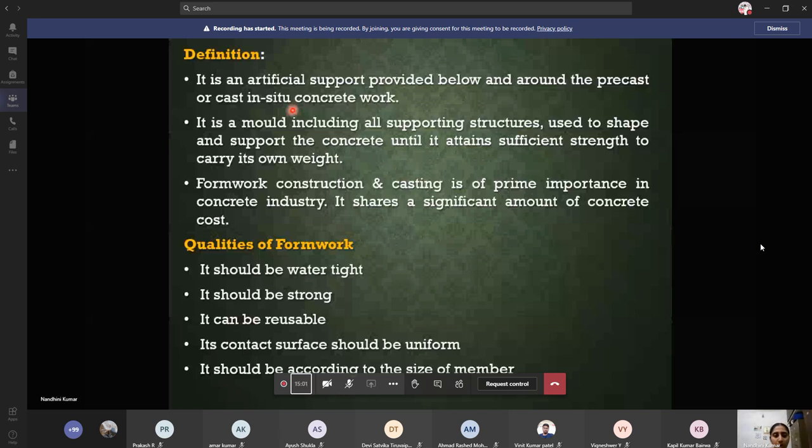It is a mold including all supporting structures used to shape and support the concrete until it attains sufficient strength to carry its own weight. Formwork construction and casting is of primary importance in the concrete industry because if you're going to plan your own house, initially you need some formwork to build